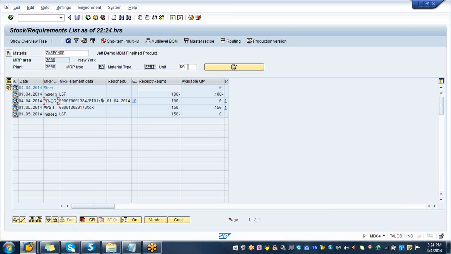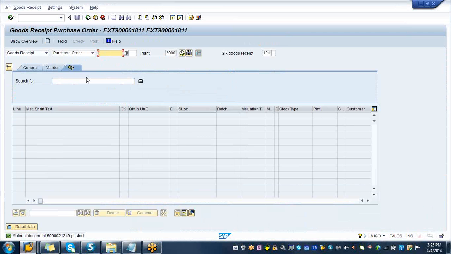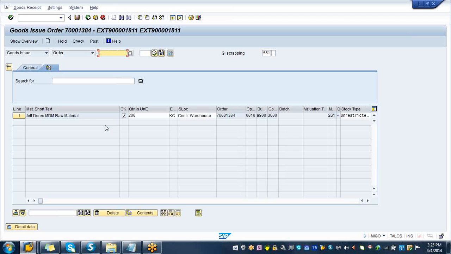1384 process order. Yeah. Okay. So to this process order, now I need to do the goods issue. Goods issue, right? Correct? I need to do the goods issue, not the receipt, for order 1384. So you click here. If you enter, you'll get the raw material. Goods issues. You see, your raw material has come. And if you select, if you save it,